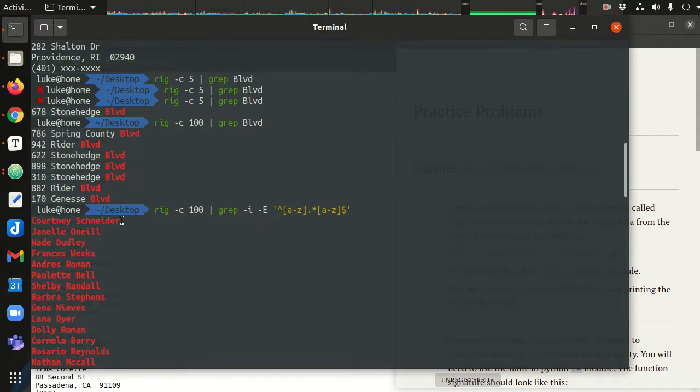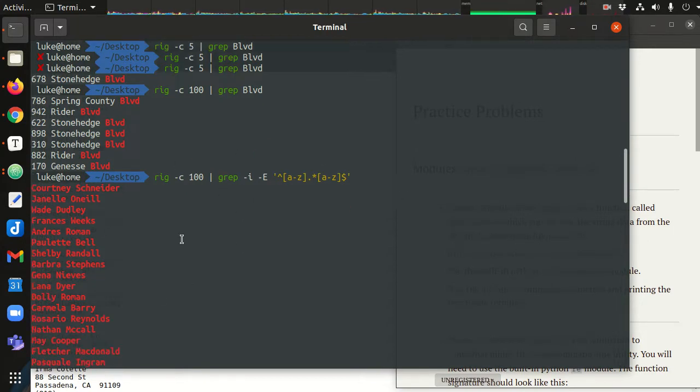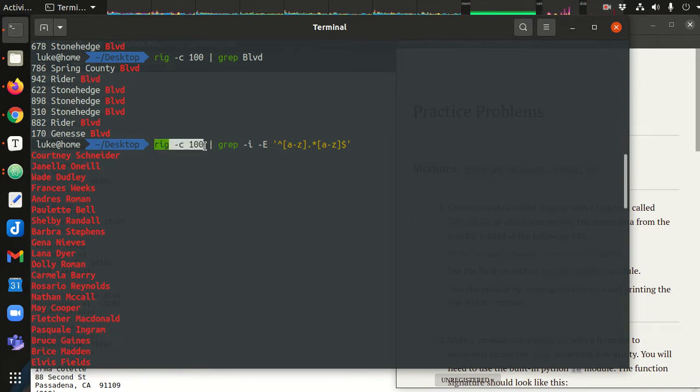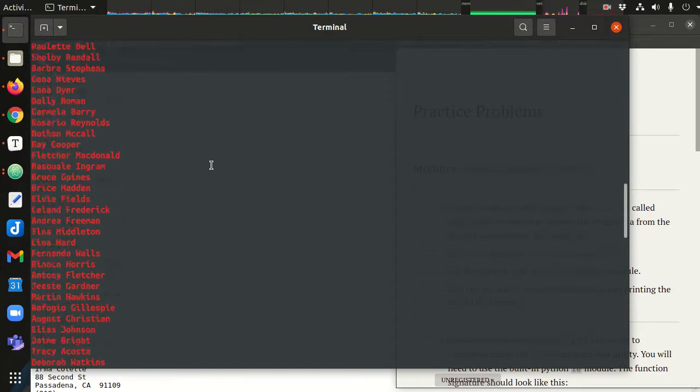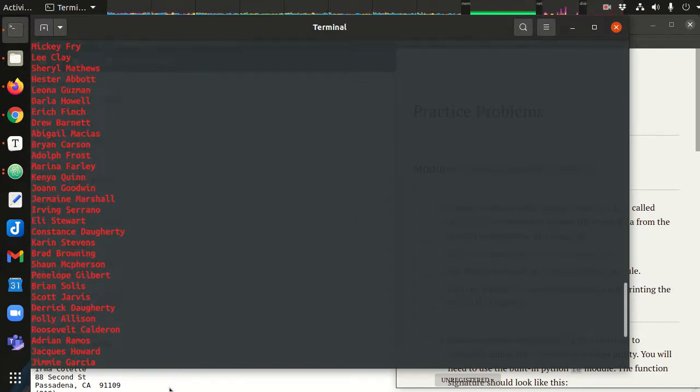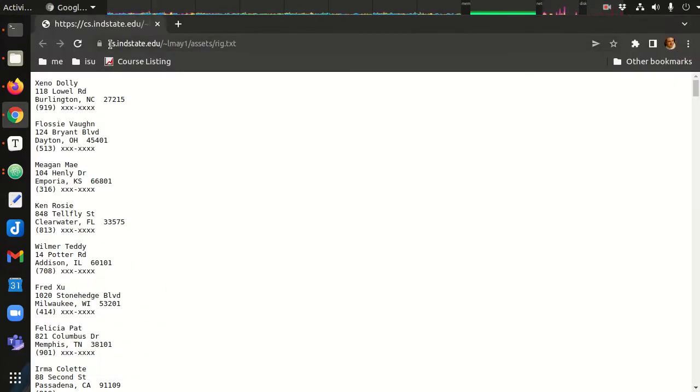All right. So the whole idea of this practice programming set is to try to sort of mimic this concept. Now what we're going to do, instead of calling rig each time, because since that's random, we want to be able to reproduce our results. So that's why I've posted this file here,